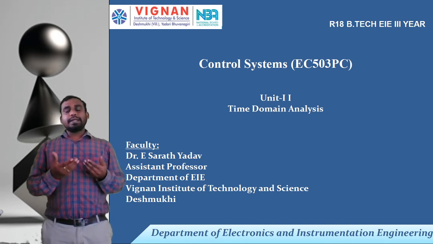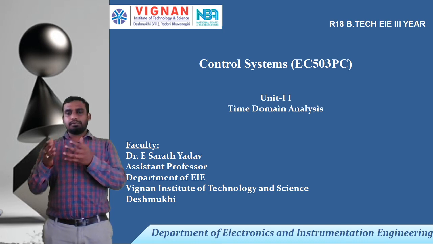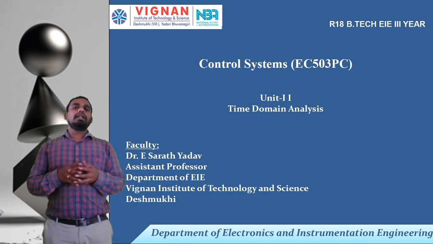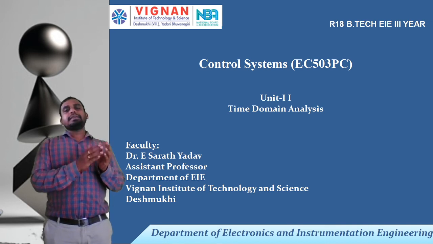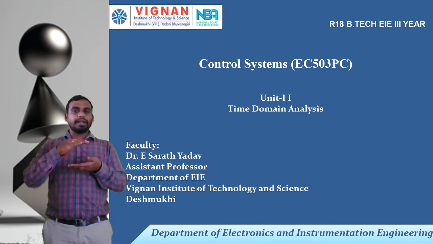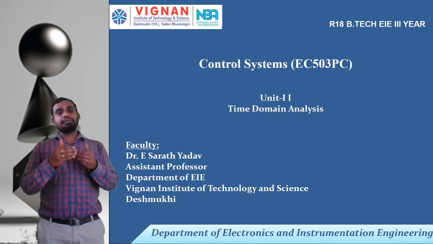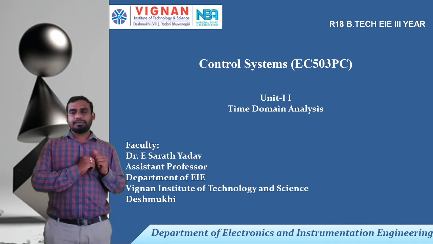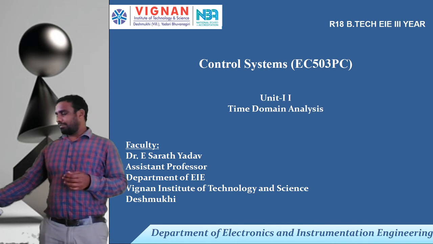The system is said to be stable if you have a bounded input and bounded output. If you are giving a certain input to the system, and your system is working under certain boundaries, a certain operating region within your control, then the system is said to be in the stable condition. For example, we'll consider an example.